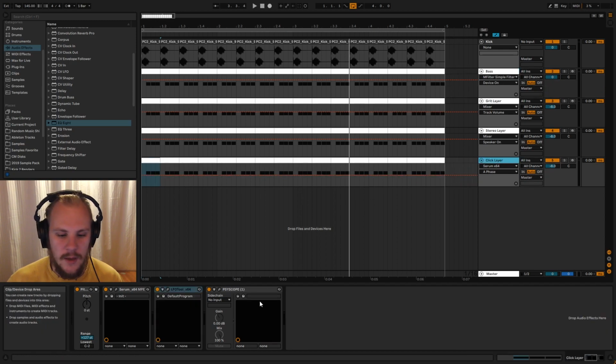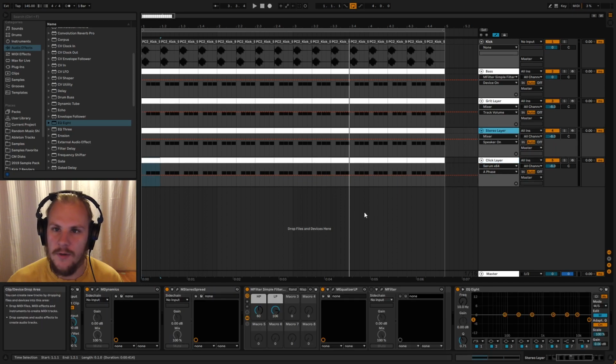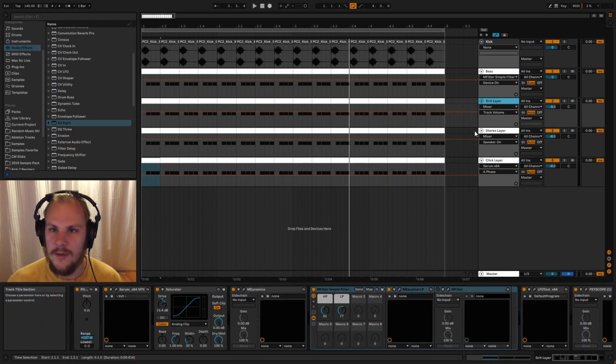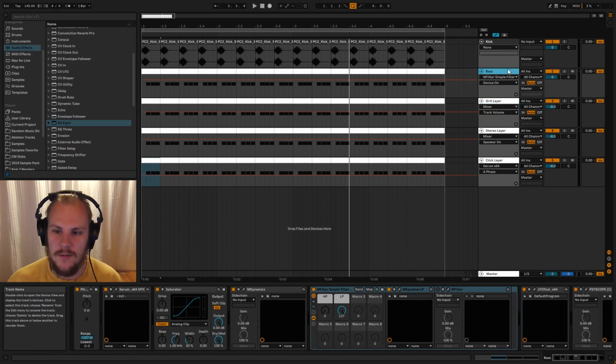You wouldn't, for example, want your click layer to have a lot of sub bass, or your stereo layer to have a lot of sub bass, or even your grid layer. Those should all be free of the sub bass, so that the bass line here can come through very, very cleanly. And again, that's why I discourage using an actual sub bass, because A, it's probably not going to